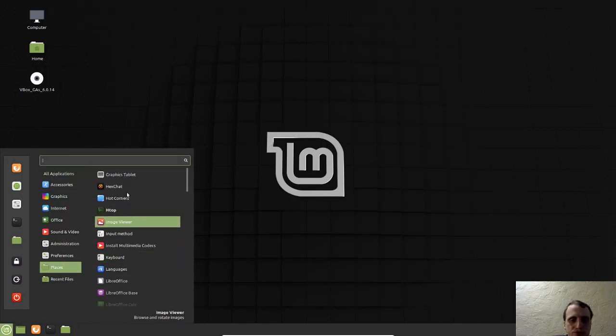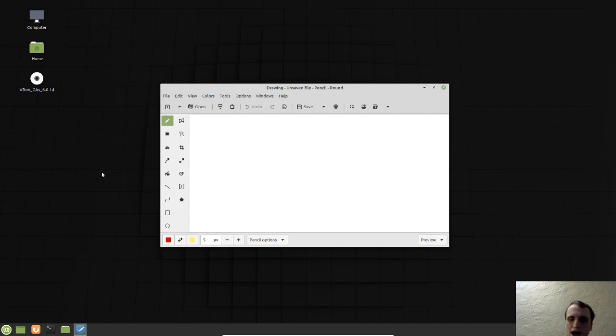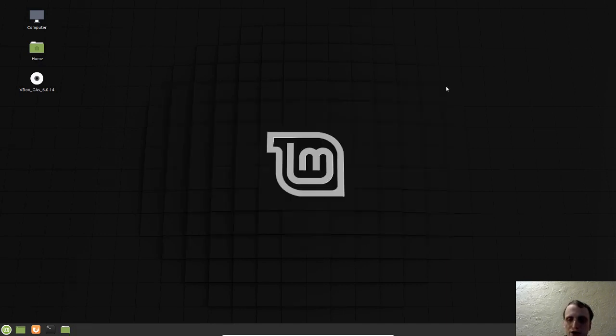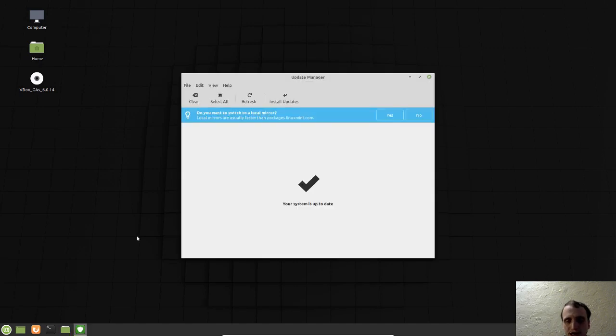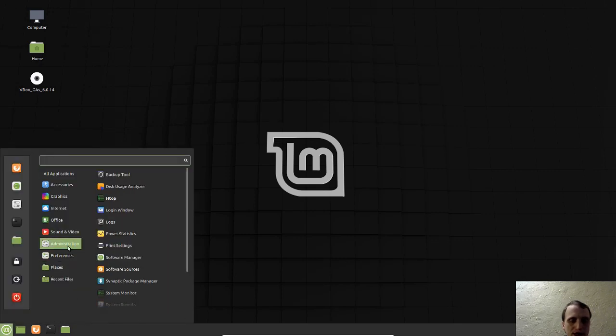Let's pick up something that I haven't loaded up, drawing. Even on software rendering, this is actually working pretty well. Of course, you have your standard Linux Mint updater right here. And for package management, you have your Linux store